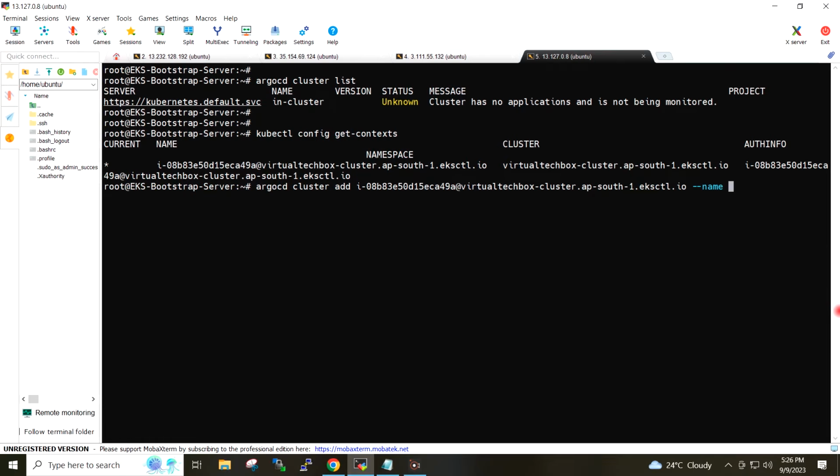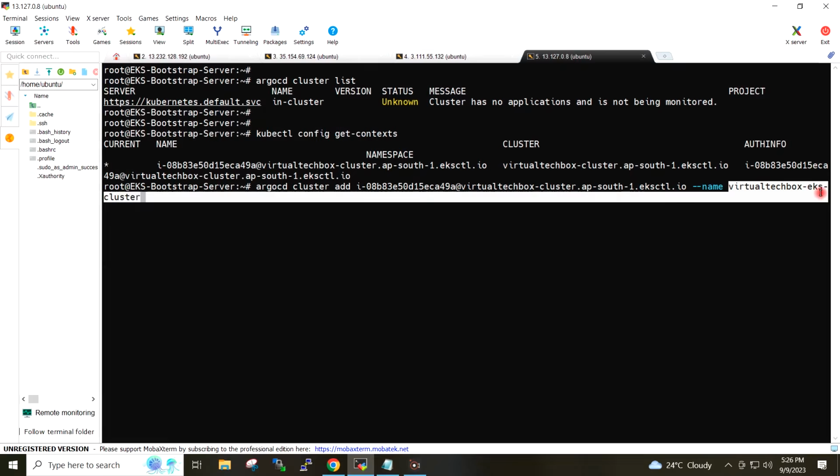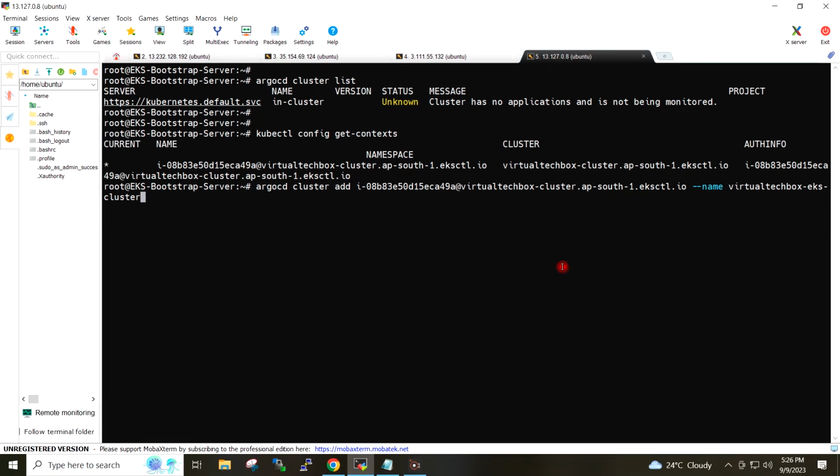I will give the name to my EKS cluster which is easily identifiable under the Argo CD. So this is the name I am giving to my EKS cluster under the Argo CD: virtual textbox hyphen EKS hyphen cluster.